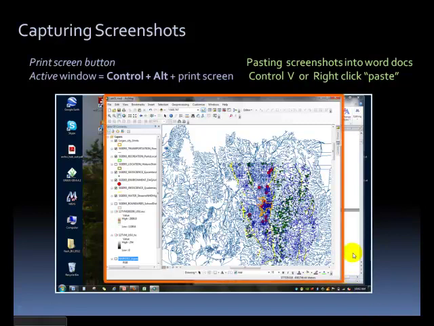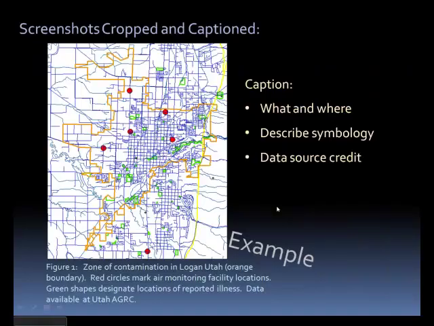But again, what we want you to do is focus in on the extent of the meaningful data. So if you were doing some analysis in Logan, Utah, and I'll just say that this orange boundary right here is the municipal boundary for Logan, what we'd want you to do is crop in on that specific area. Once you grab this, you'll paste it into a Word doc, obviously, and then crop down to this extent. So this is what a cropped screenshot of that last image would look like, zooming in on the important details